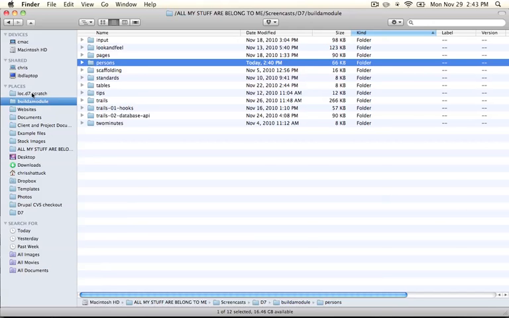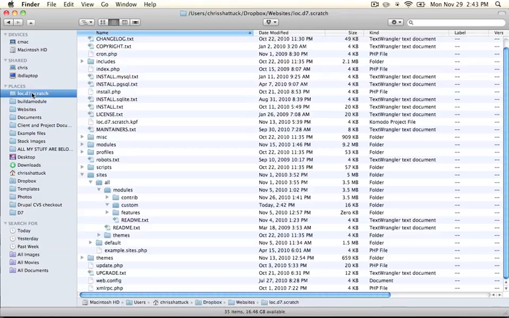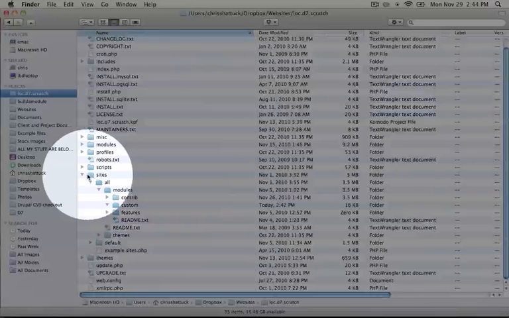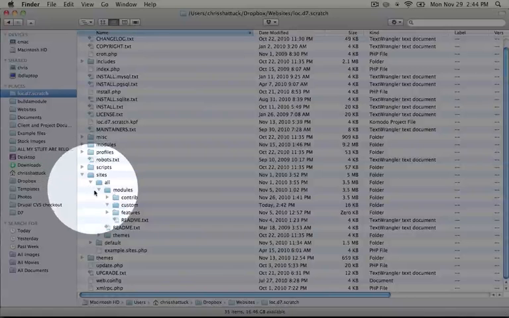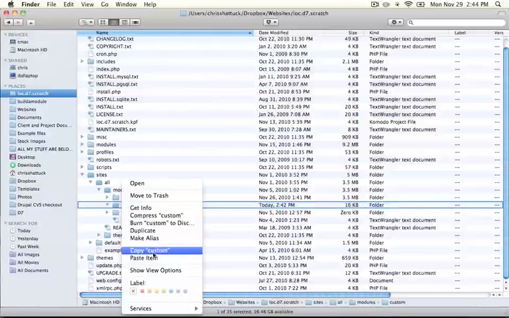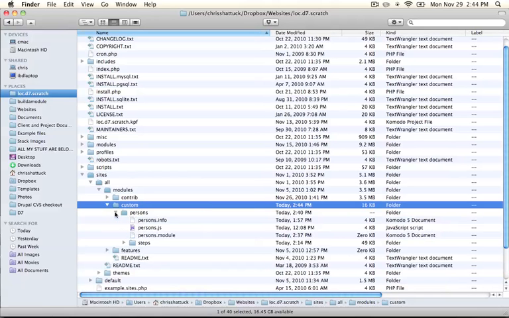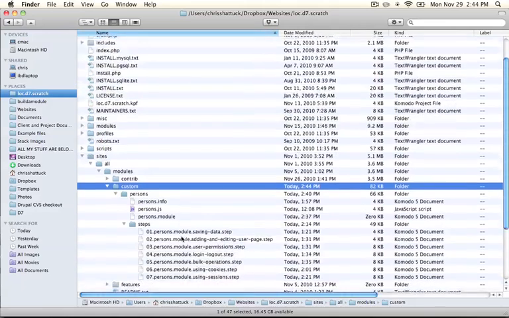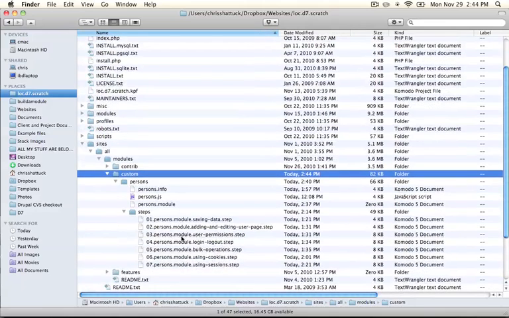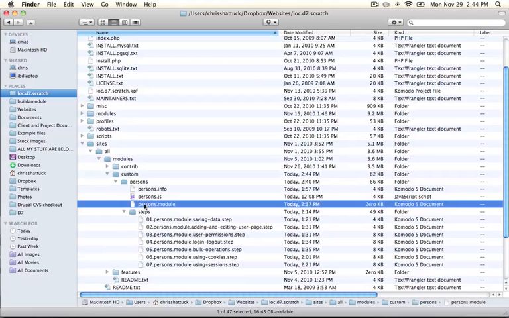And then go ahead and open up your Drupal base directory and paste this module inside your sites, all, modules, custom folder. Go ahead and expand the folder and expand the Steps folder inside of it. This includes the steps as we work through building up our module. Open up the persons.module file in your editor,